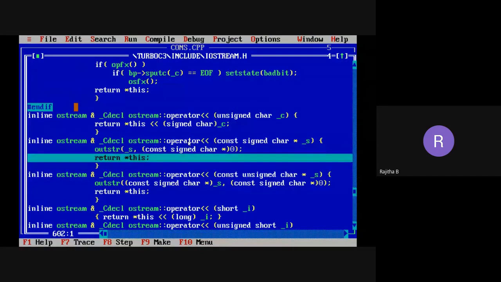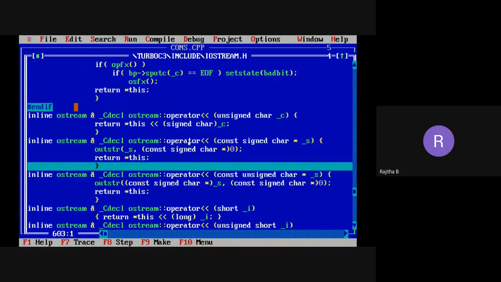In Turbo C3, we have the include files, iostream.h. The iostream.h consists of the cout and cin objects, so when you use a cout or cin statement, these iostream header file statements will be executed.